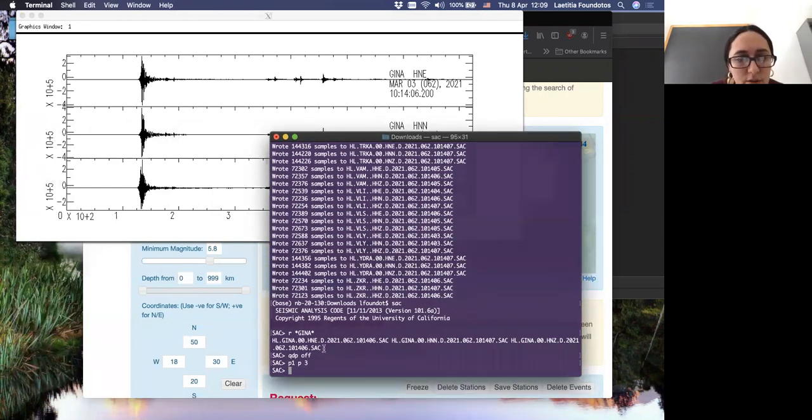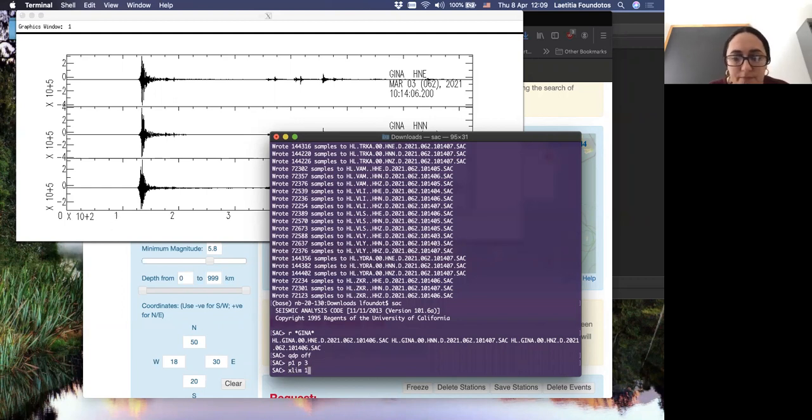Maybe just zoom on the interesting part containing the earthquake, and also be careful. As I told you here, the scale is not real scale because we have not removed the response of the instrument. So this is quite crude recordings of the earthquake. Amplitudes are not really relevant here. So let's zoom on this part.